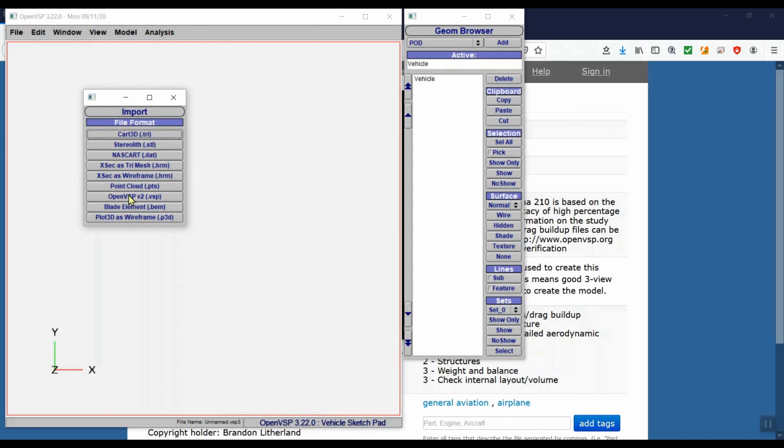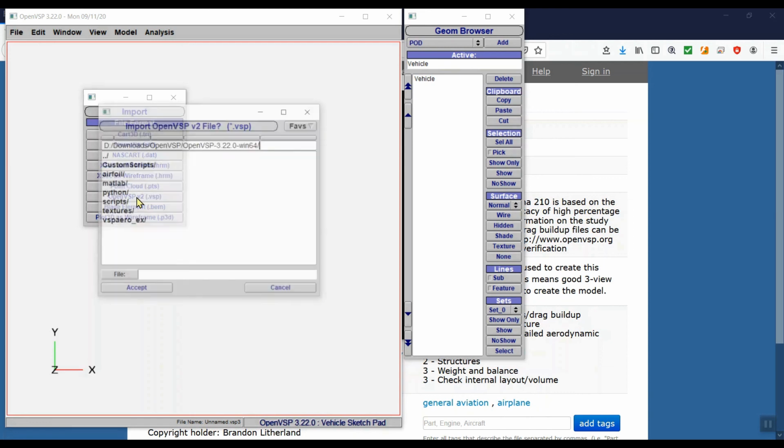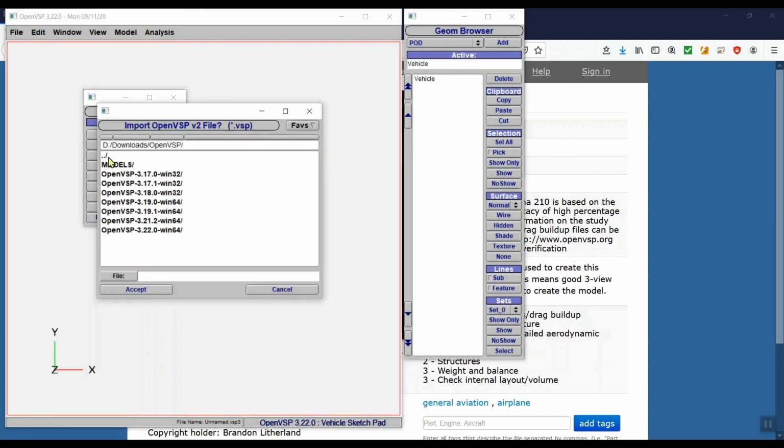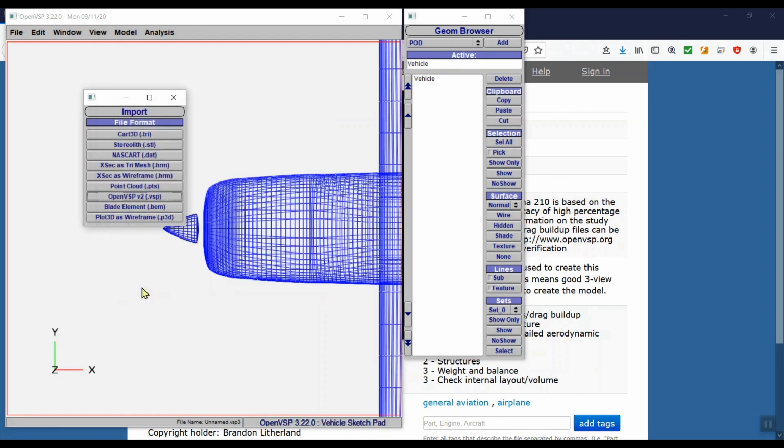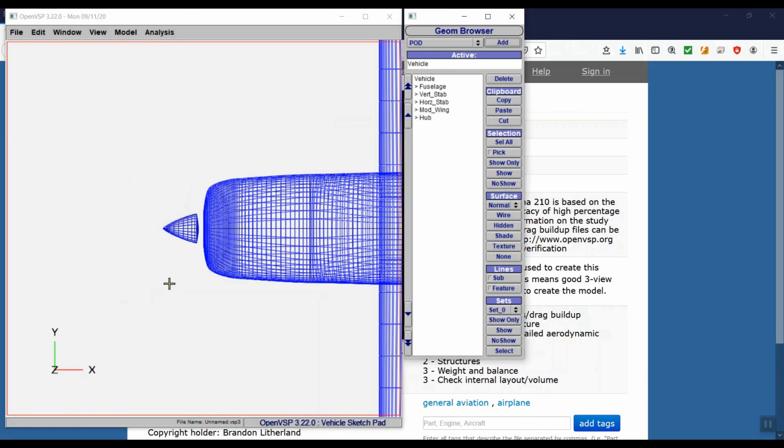The one we're looking for is right here, OpenVSP version 2. So we're going to click on that. I'm going to drill down to my demo folder where we had downloaded and saved the version 2 Cessna 210. I'm going to select that, accept it, close this, and you can see this model is now imported into